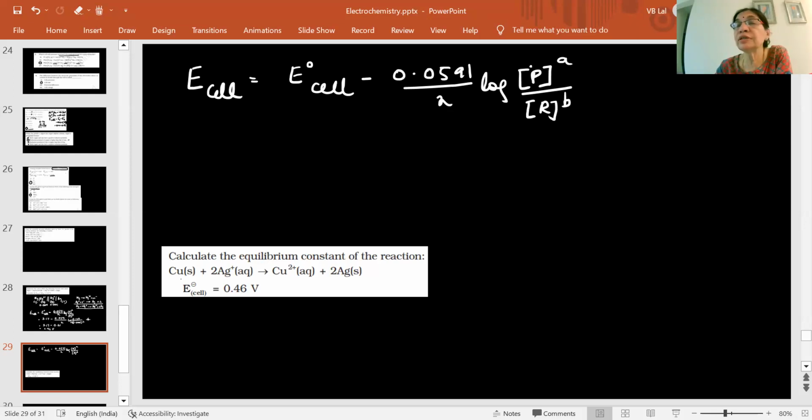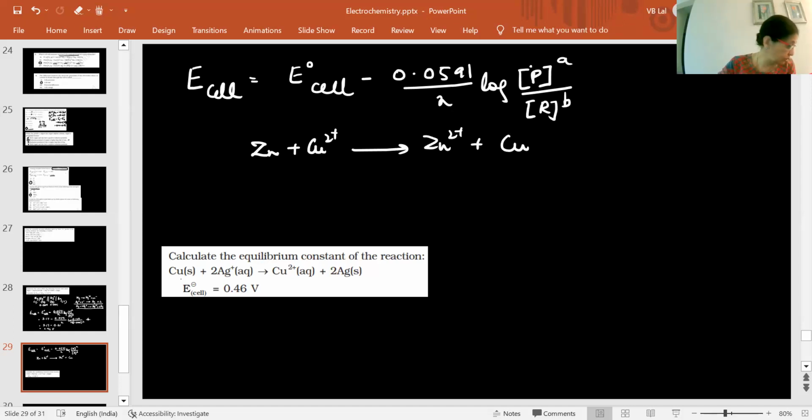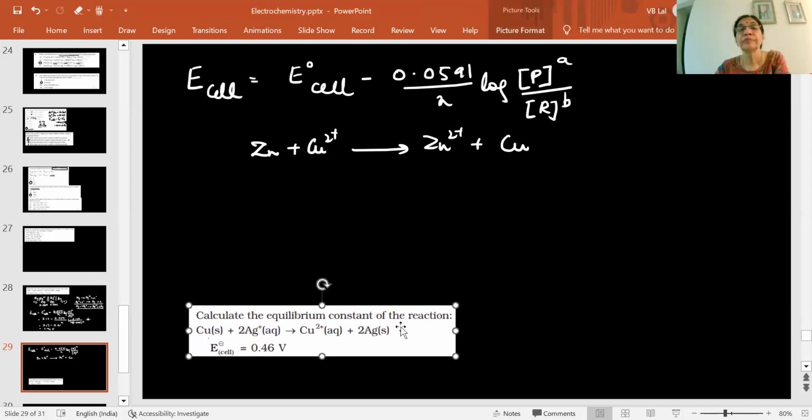Okay. Now, supposing there is a cell which is represented by this reaction: zinc plus Cu2+ giving Zn2+ plus Cu. So there is a reaction like this happening. And in this reaction, after some time, supposing the reaction ends up in equilibrium. That means initially the E0 cell here was 1.1 volt, and then slowly as the reaction progressed, the E cell